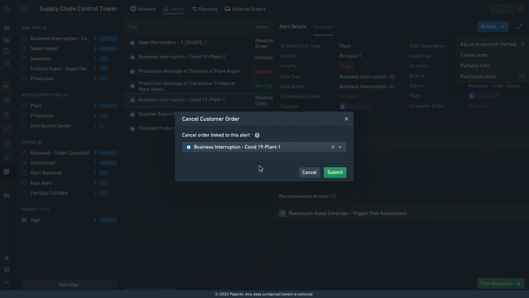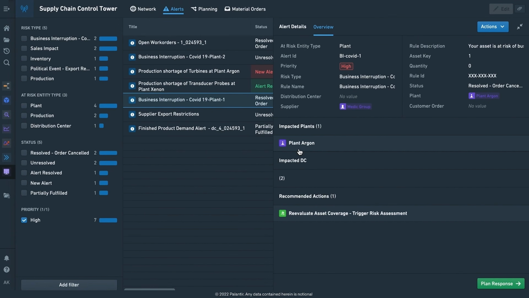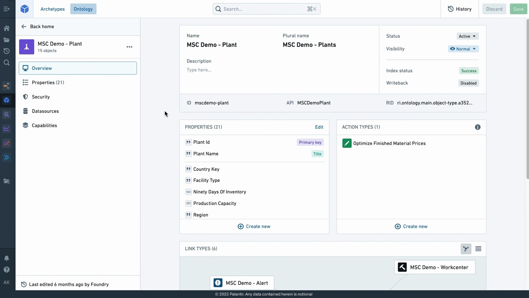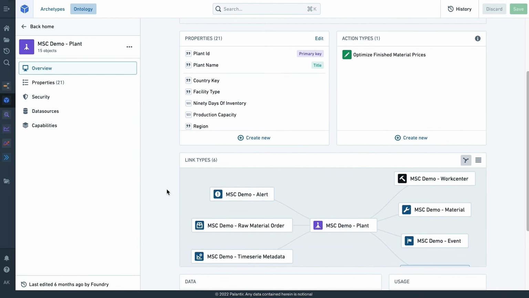And you might be asking, how does this work? I don't want any user to be able to take any action on any part of the ontology and start to update things. That would be chaos. We can't have people modifying values willy-nilly. Turns out the way that actions work is they're part of the ontology at the core level. So if we go back to the ontology configuration interface that we saw before, where we were talking about bringing our plant together and all of the connections,